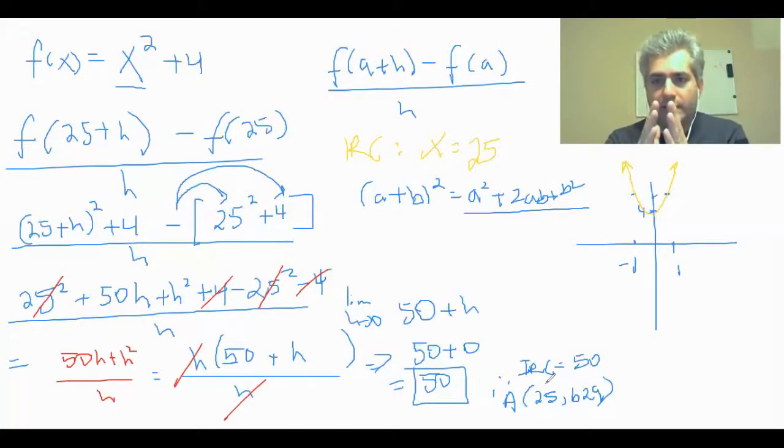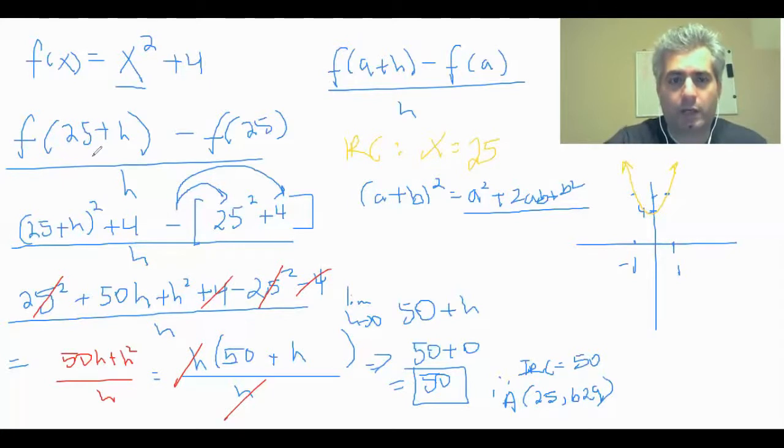H is that difference, that gap in terms of the x coordinates between the point of interest and the arbitrary point that we're choosing. So you end up with a formula f of a plus h minus f of a over h, and we substitute the x value of where we want to find the IRC into the equation for a. By doing so, we generate